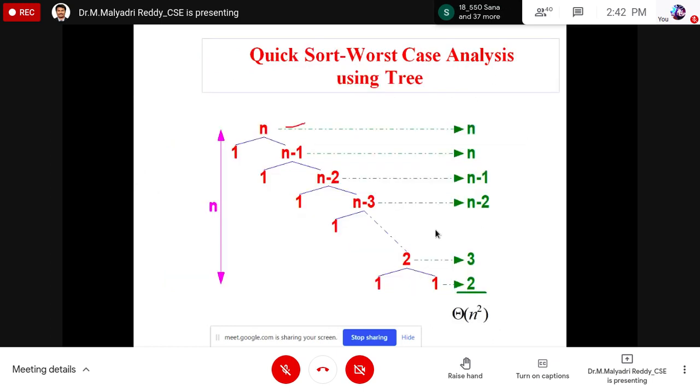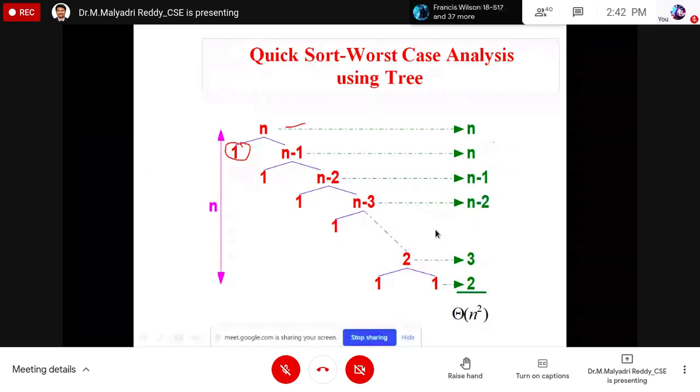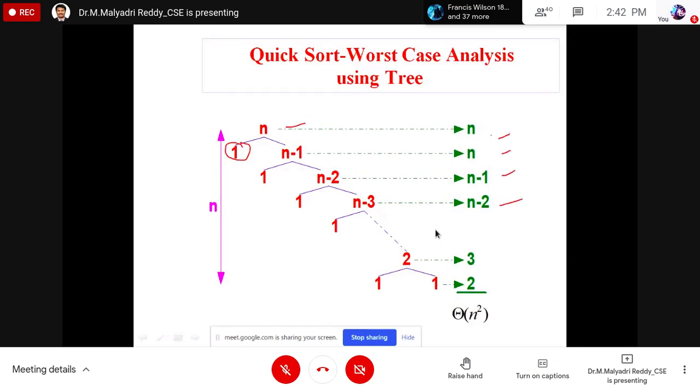In the first attempt, it will require only n iterations. Only one element is sorted, that is, only one element is placed in the left or right position. So there is no splitting in the complete array. Only one element is picked from the complete array and the rest remains. In total, the complexity is n into n plus 1 by 2, that is n square plus n by 2. That is, order of n square is the complexity of the first case.